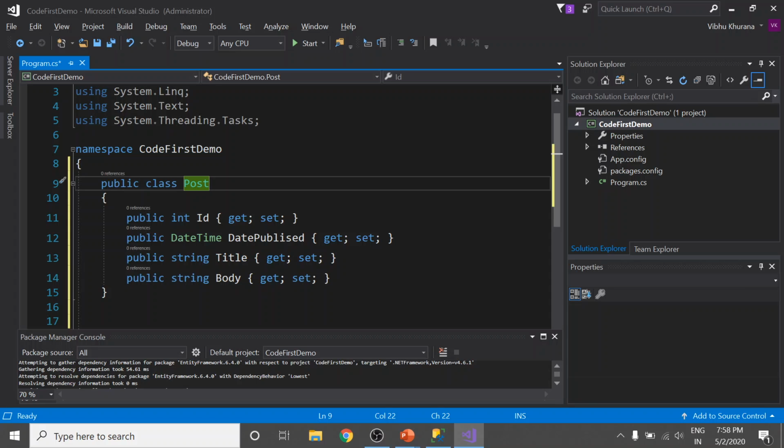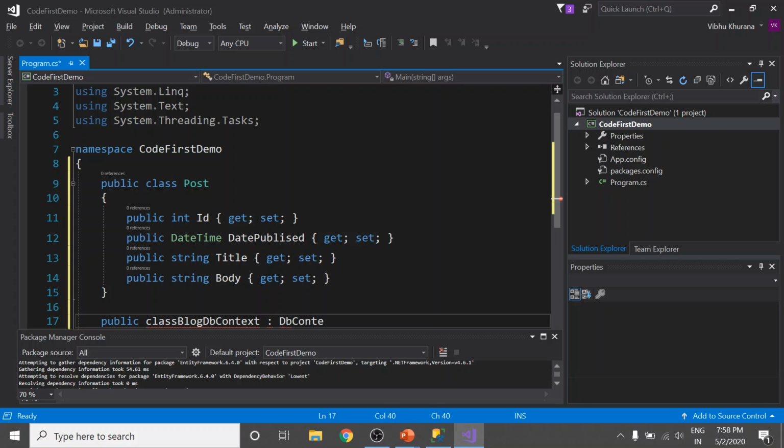Now in companion to this class I also need a DbContext. Do you remember DbContext? It is an abstraction over the database that we use to load our saved data. So let's create a class called BlogDbContext, which should be derived from the DbContext class.